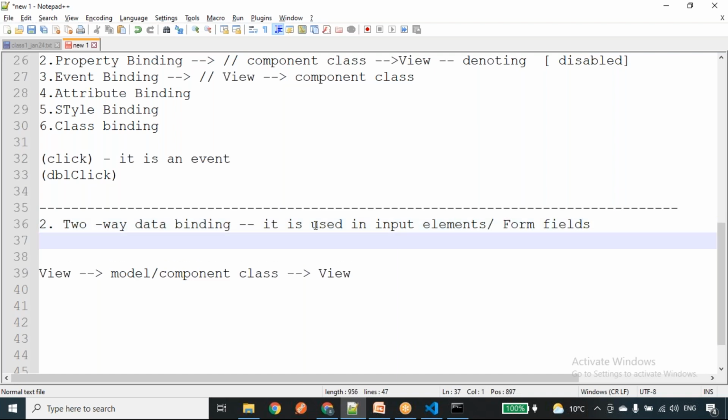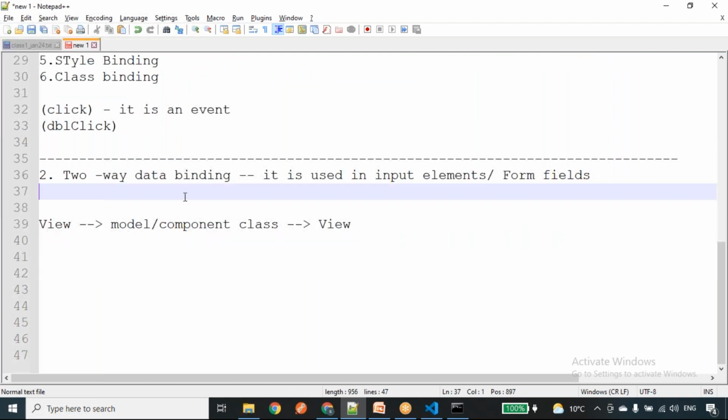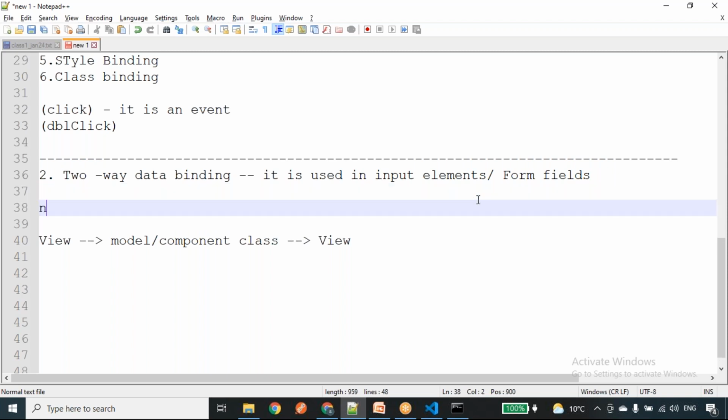Whenever you work with form fields or input elements in our Angular application, we use the two-way data binding. To achieve it, we have one default directive called ngModel. We can achieve the two-way data binding by using the ngModel directive.